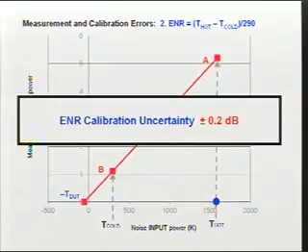And the problem is money cannot buy an ENR calibration uncertainty better than 0.2 dB. So you can see the problem immediately. We're trying to measure noise figures that are getting lower and lower, and maybe even sub 0.1 dB. We don't know, but there is an uncertainty of 0.2 dB on anything we measure. And that is even if we don't make any further mistakes. Thinking of further mistakes,